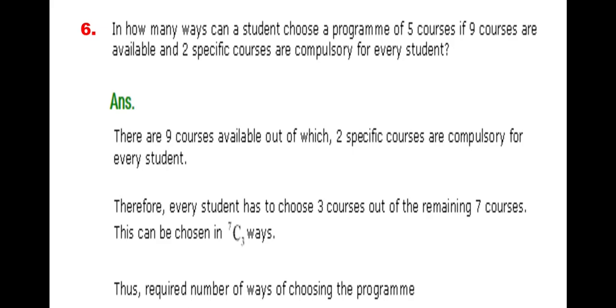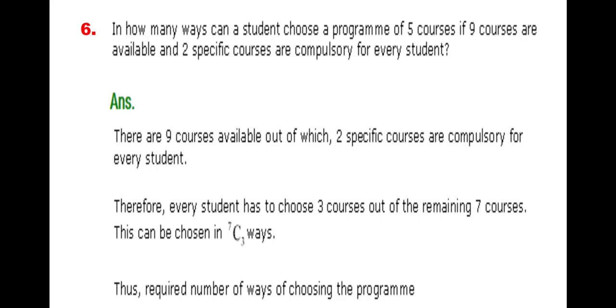So they have a choice for 3 courses out of 7 courses, because the 2 compulsory courses also will be subtracted from the total of 9 courses. So the selection will be 3 courses from 7 courses. So it will be 3 courses out of the remaining 7 courses. The number of ways will be